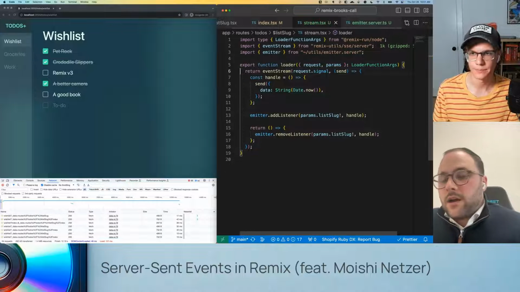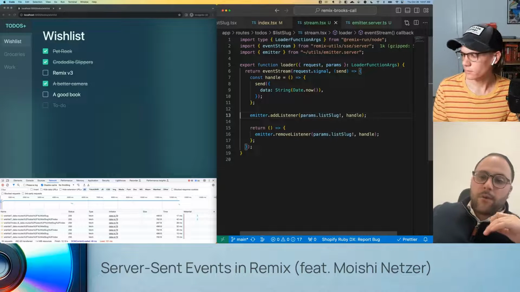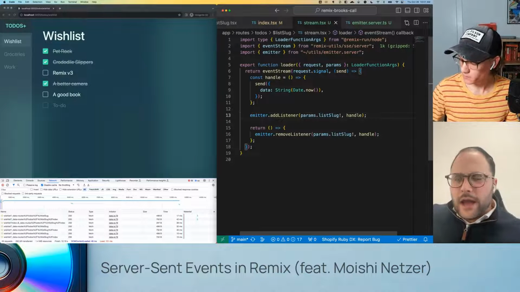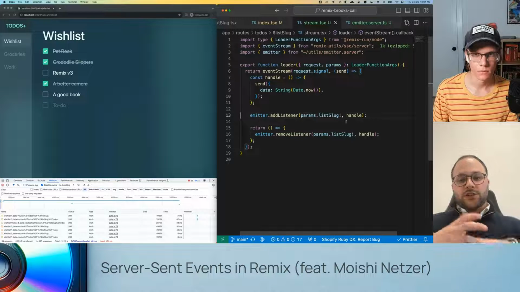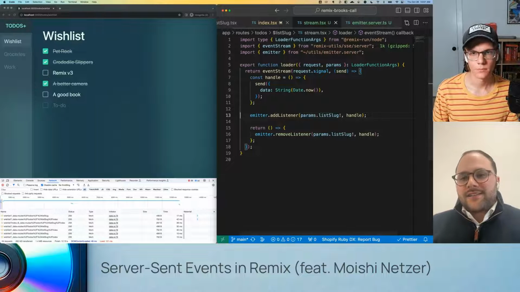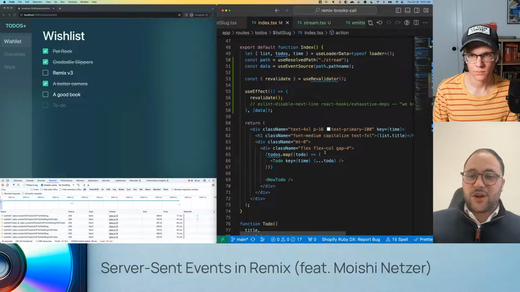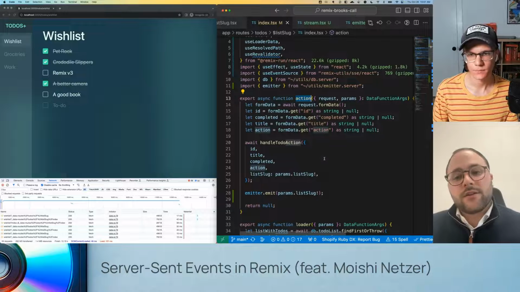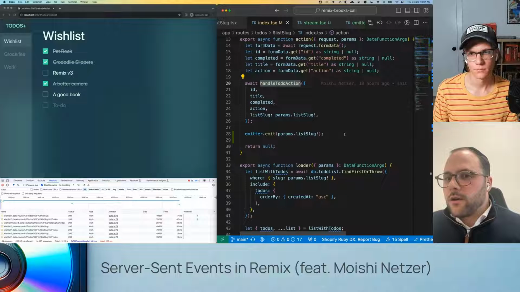Yeah, that's cool. I think it's important to note that this abstraction is that we're basically telling all the revalidators to revalidate. You could take it the extra mile and actually send the data that's been updated to the client and keep track of all the changes there, right? We're just sending the current data and saying, Remix, you revalidate. But I think the revalidating is quite Remix-esque, right? Yes, because the only one who really knows who's in charge is the server. They're the only ones with the freshest data. So instead of us trying to keep track of two states of data in the server and in the client, just being able to revalidate makes a lot more sense here.